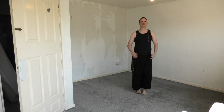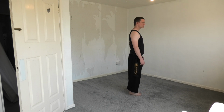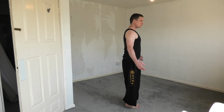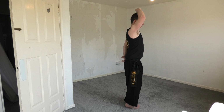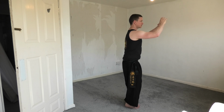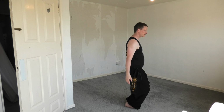Next part of the form. Feet together. I'm going to gather in. I'll stand from the side for this. You can see the body first. So we're going to come up, expand the back, and it's like you're hugging something. Tailbone is falling, your crown is lifting, fingertips touching, and again you're releasing your elbows into your hips, you're falling into the floor, and then just release your hands,